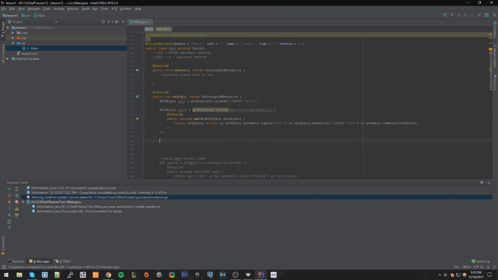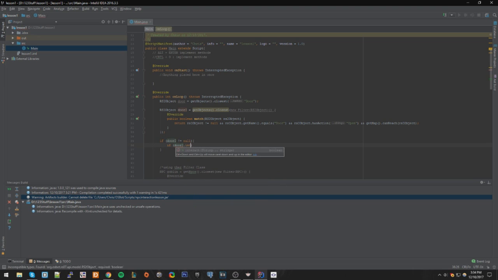Okay, and then now we can check if the door... I'm going to use the filter because I don't want to just check if a door is closest to us. I want to check if a door exists near us, has a name door, or an object exists near us, has a name door, has the action to open, to door, and we can reach that object. So if that filter returns true, it'll return that object that matched our specific needs in our filter. Check if door does not equal null,